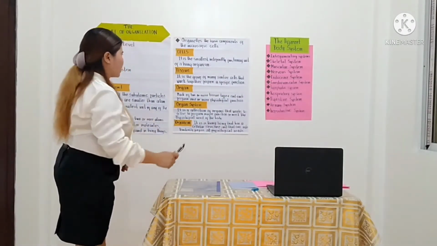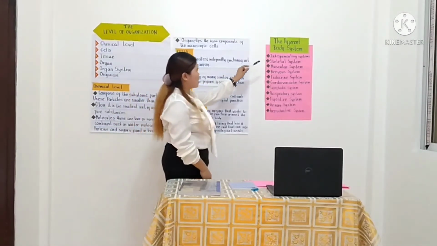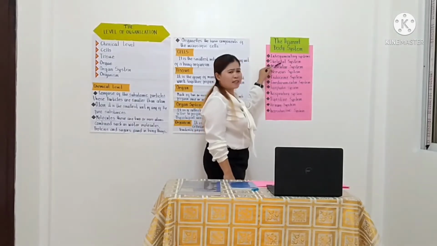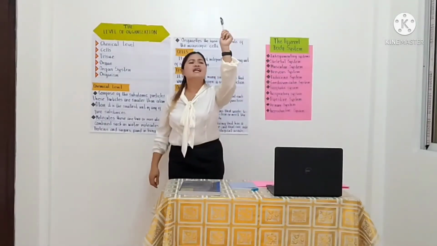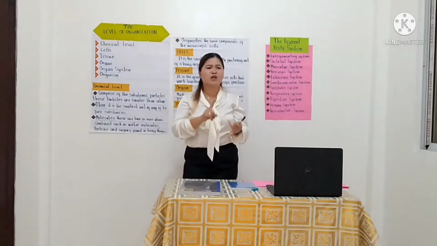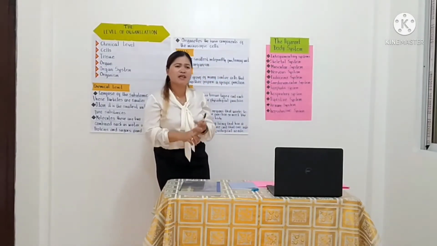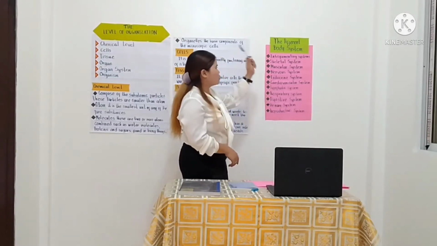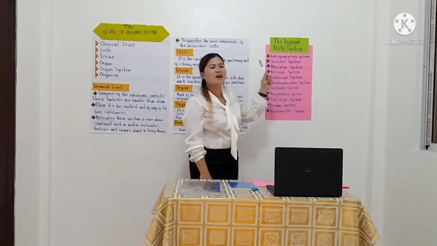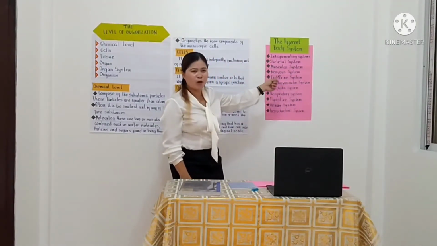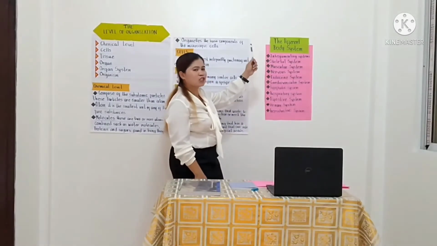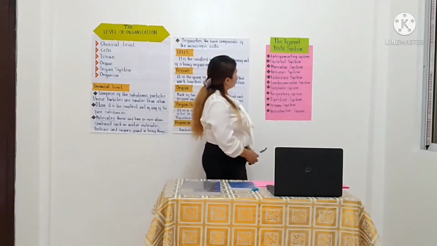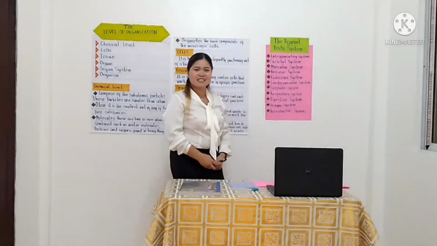Yes, it is important. So when you say skeletal system, what is this? What does it consist of? Yes, it consists of bones, cartilage, joints, and ligaments. Very good. So, when we say skeletal system, it is our framework. It is the framework of the body, which is the attachment of the muscles. So, did you get it, class?